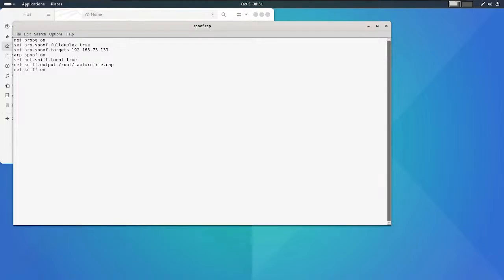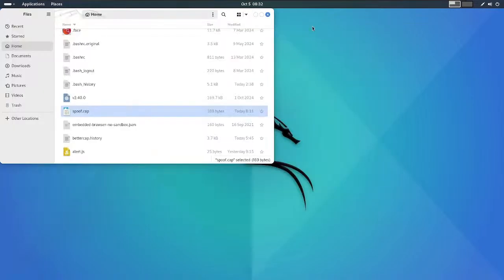This will store all captured data into a cap file, which you can then open in Wireshark for further analysis. This is really handy if you are working on a resource constrained device, like a small laptop or even a phone. One last tip,